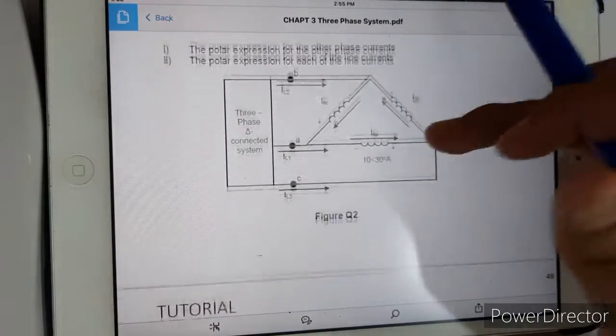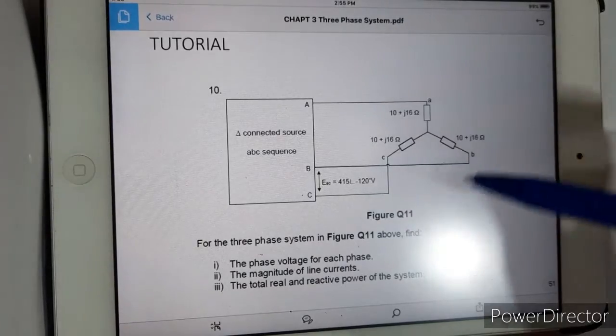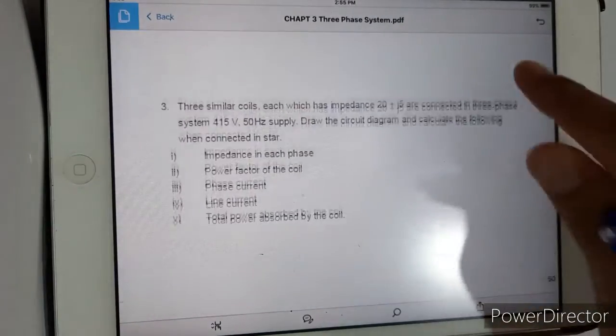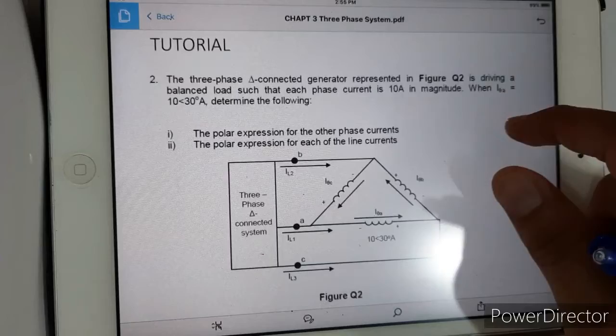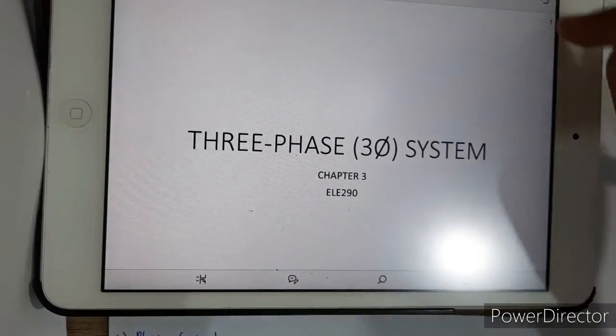So this is Y delta. This is also at the load side, and then this is also at the load side. So you have to pay attention on the load side. Okay, so tutorial number 2. We can write the